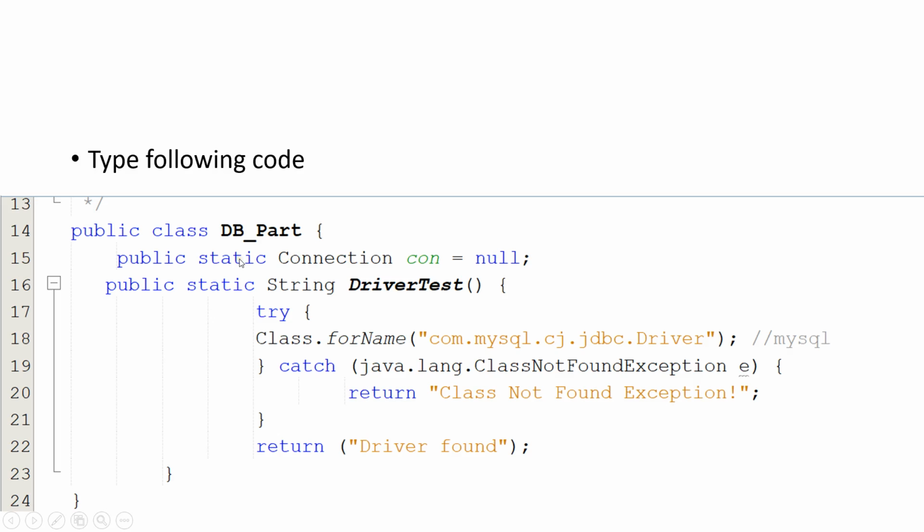I'm setting this to static because in the other class also I must be able to access it. I will not be using too many different copies of connection. With one connection object, I'm going to access the database. This connection object is just like a virtual copy of the database.